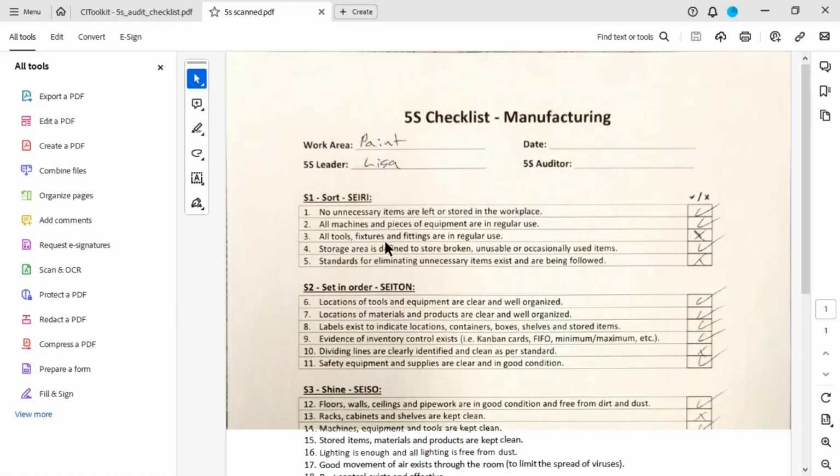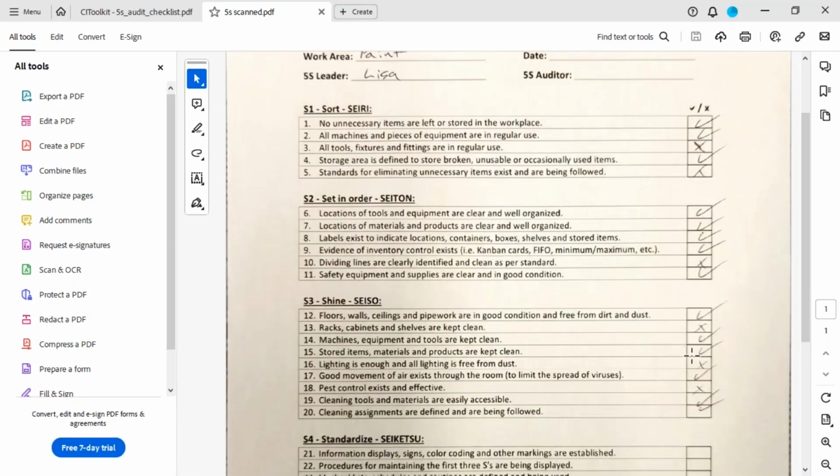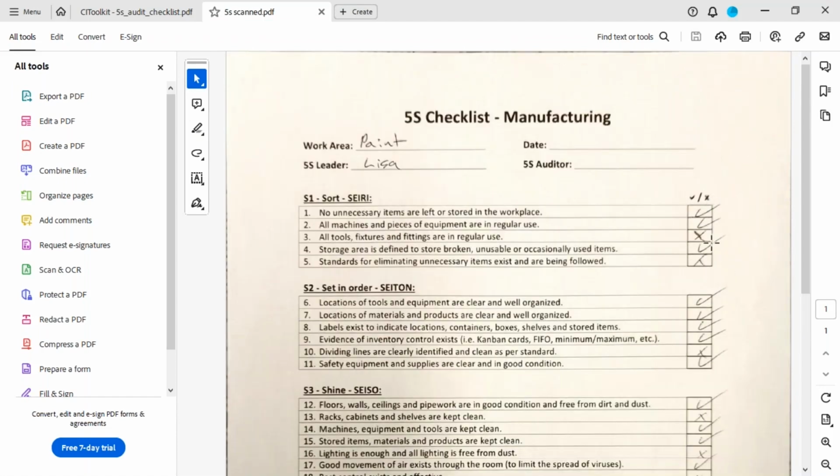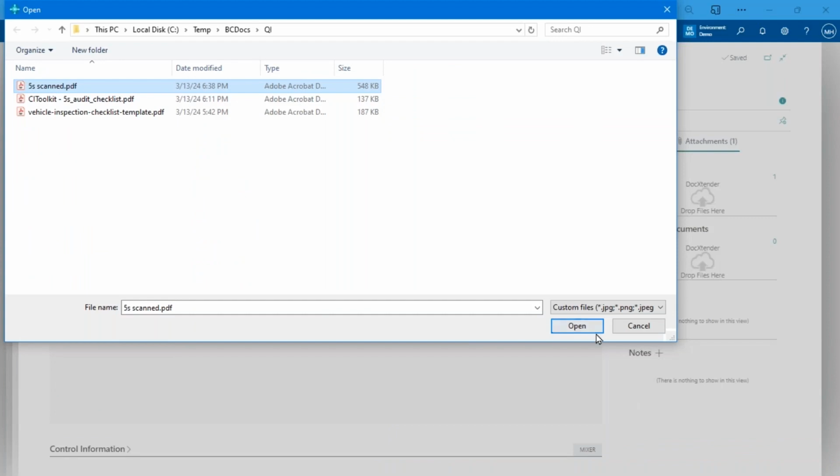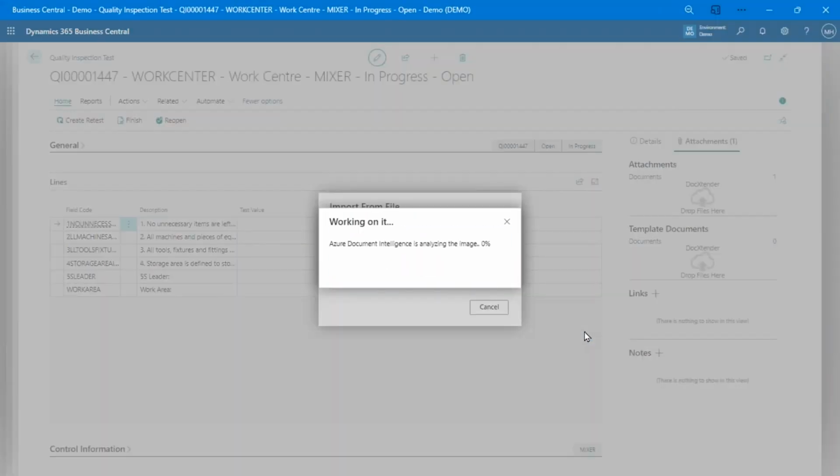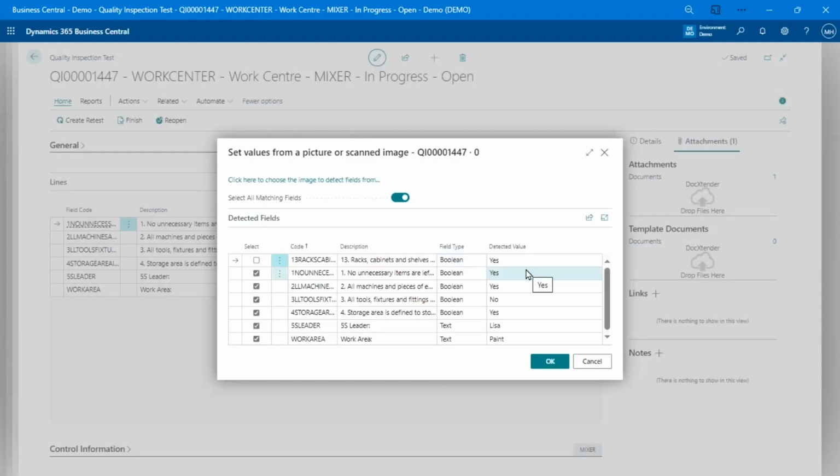So instead of just taking a photo of it, here's a scanned document, you know, the text. This is what it looks like. It's not, you know, pretty, right? Like it's what people would put in these boxes probably in real life. And if I grab that guy, it'll go do that analysis, do the OCR on it, and suck it in. So there you go. So it's got all the appropriate values.